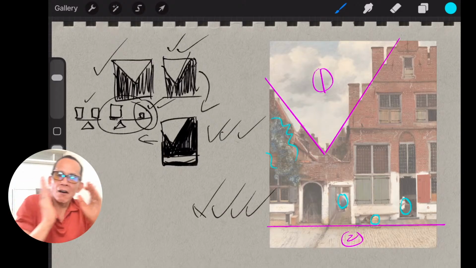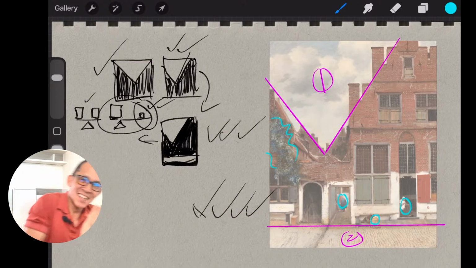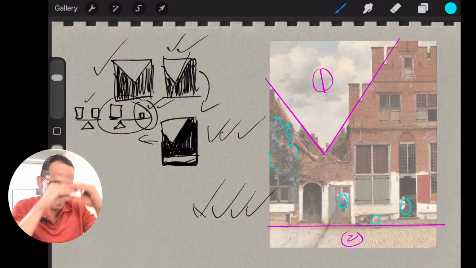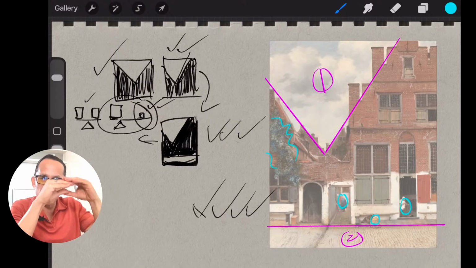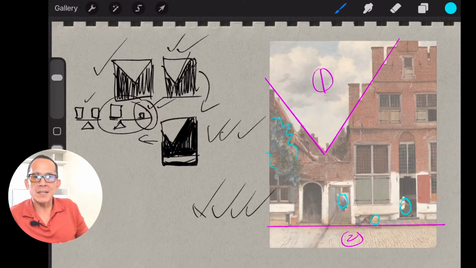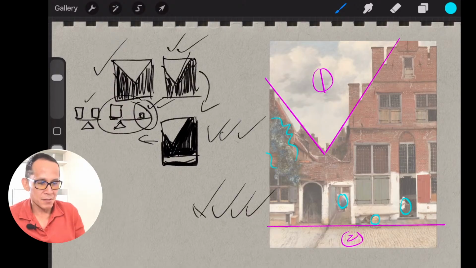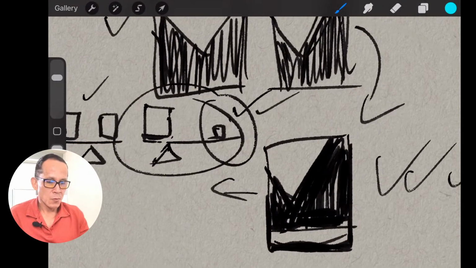Number two, put it a little bit off center. Don't slap it in the middle. It's kind of boring. Number three, give it a counterbalance. Put a second element, but not as big as the first element. And then if you want a little bit more flavor, put a third element that's even smaller than the other two. So if we look at our counterbalance, what he's done here,